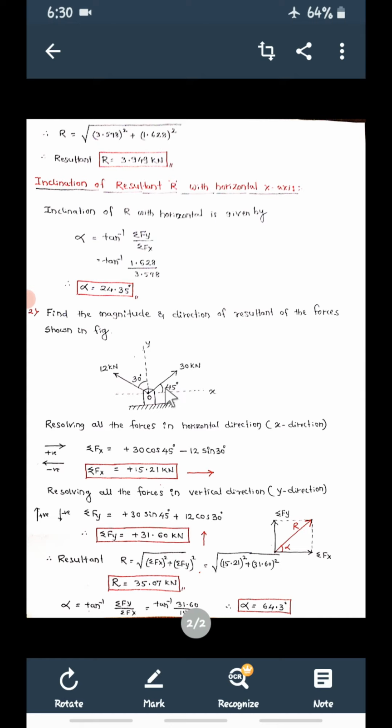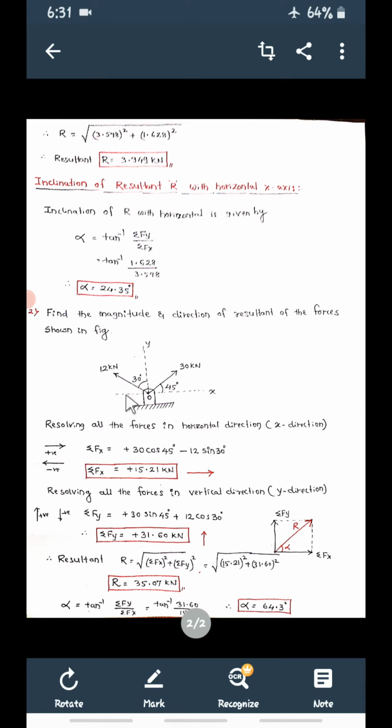angle, this is given, means cos 45. Horizontal is cos 45. So plus 30 cos 45. Next, make this horizontal now, second force. Make this horizontal. Now it is going to move in this direction. See the arrow mark? It will move in this direction, means minus. Minus, see, minus. So minus 12,